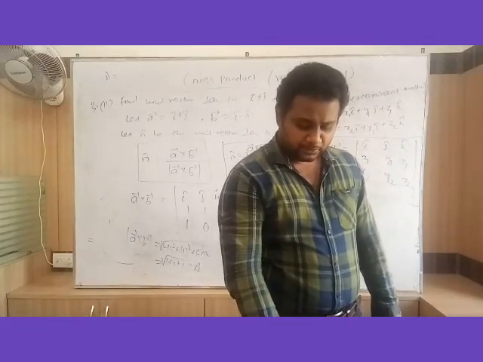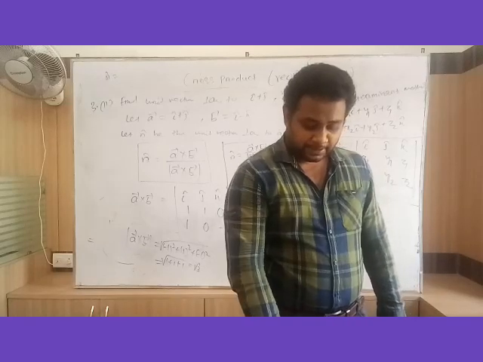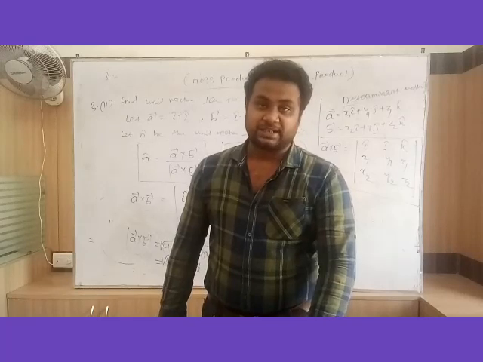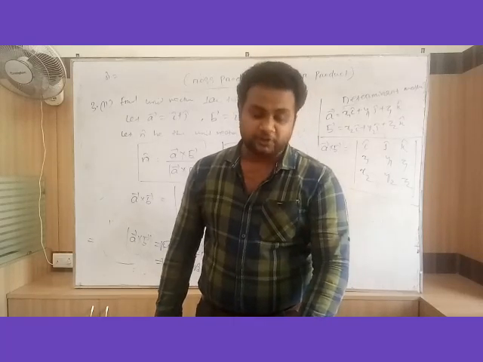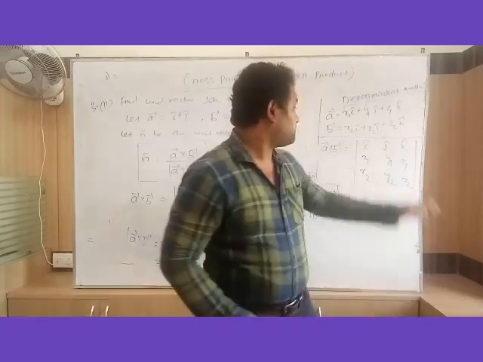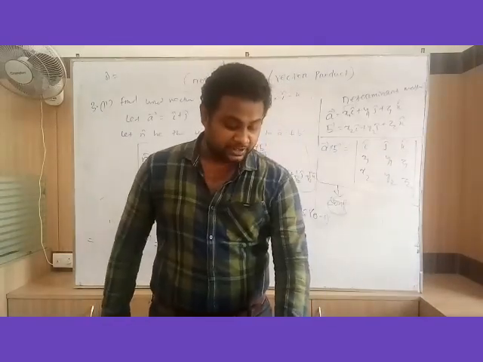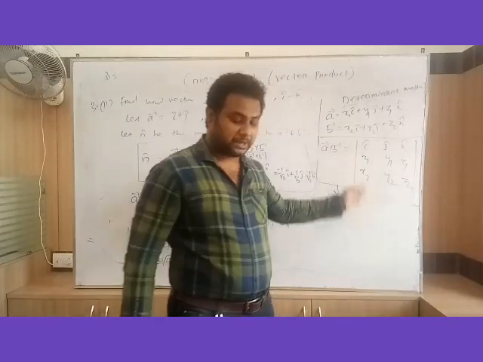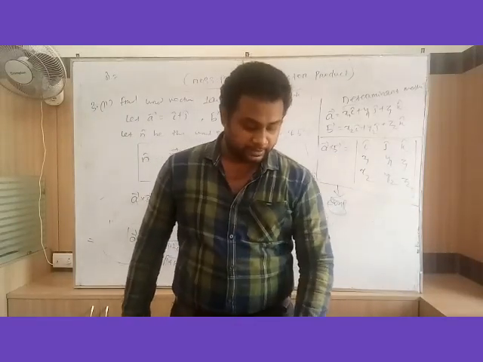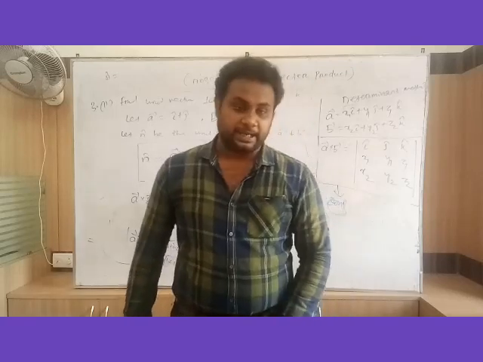Then question number 7, 8 I will do for you, and you have to do question number 9. You are given A vector, B vector and C vector. You are asked to find A cross B dot A cross C. First find A cross B vector by using this formula. Then find A cross C vector also using this formula. Then we find the dot product between these two vectors. Okay. Then question number 10.